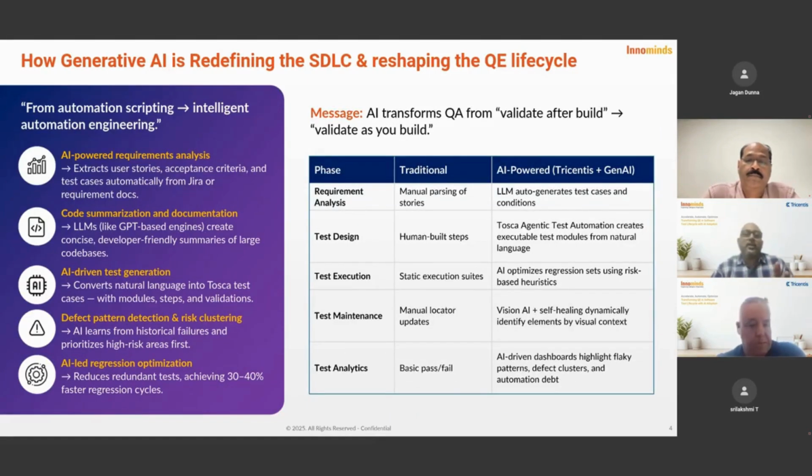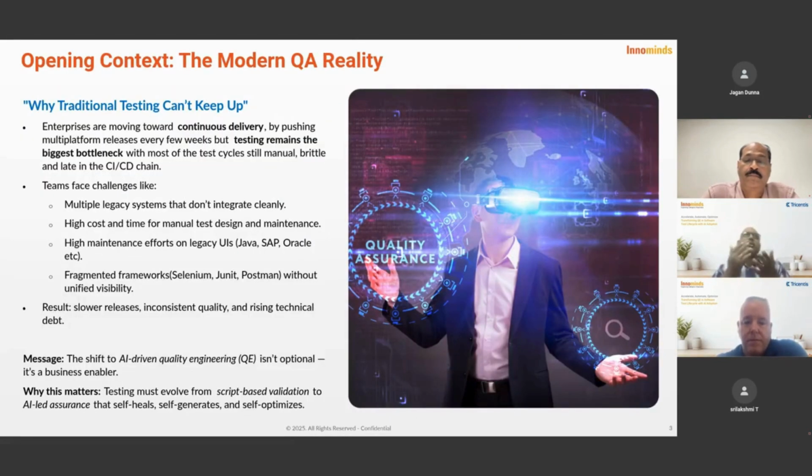So I'll come to this slide. What exactly do we mean by self-generation, self-optimization, and self-healing? When I say self-generation, basically your automation script should have some intelligent mechanism right from your test design, execution, and optimization phase, right from requirements gathering and the generation of test cases, rather than a manual tester spending a lot of time using the features provided by Tosca.